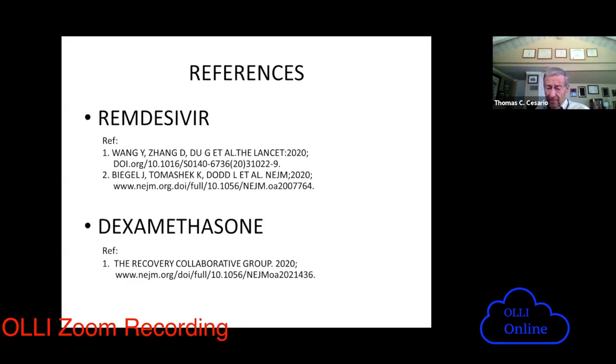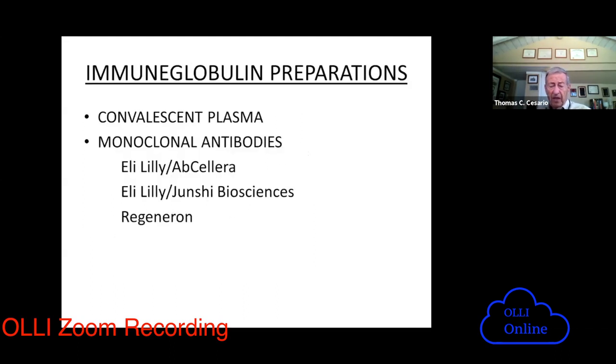Now, the other thing we've learned is that if you see patients who are beginning to get short of breath because they have a lot of inflammation, you can give them a potent form of cortisone. And if you turn that inflammation off at the right time, you will improve their ability to survive by about 1/3. So you will reduce mortality by 1/3 if you give them dexamethasone at the right point. So we have two things that work: remdesivir, if you can get it at the right time, and cortisone for those people who are getting into respiratory distress. Next slide.